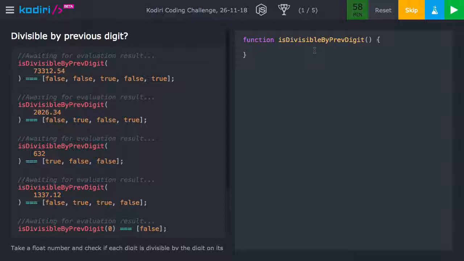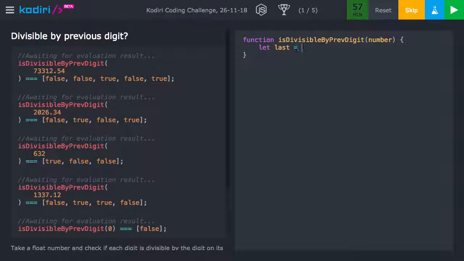Okay, so first of all, we need to pass an argument to the function, which will be a number. So that's good. Okay, so the way I'm looking at the problem is because we have to divide the first digit by the last one. So first of all, I'll get the last digit. So I'll do let